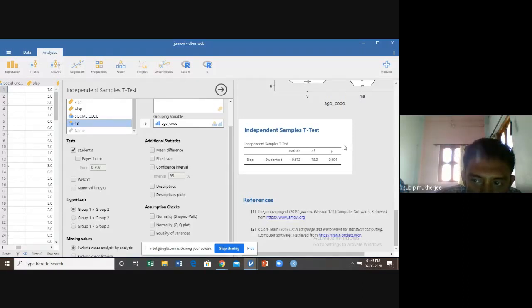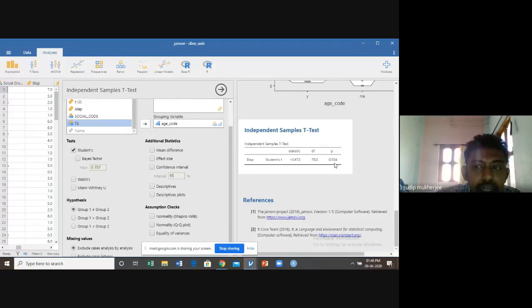So what is the rule of thumb? I repeat once again. If the p-value is less than 0.05, or you can remember it like this, if the t-value is greater than 2 in mod value, then we accept the alternative hypothesis, that is, the group means are unequal.